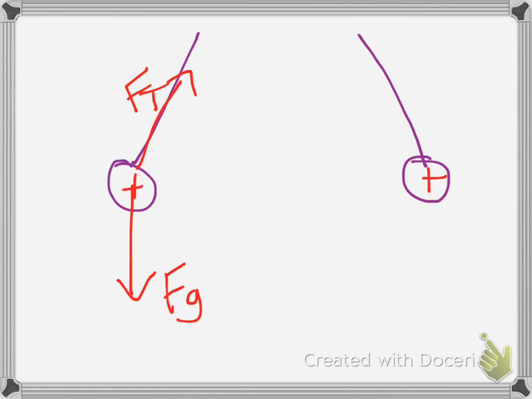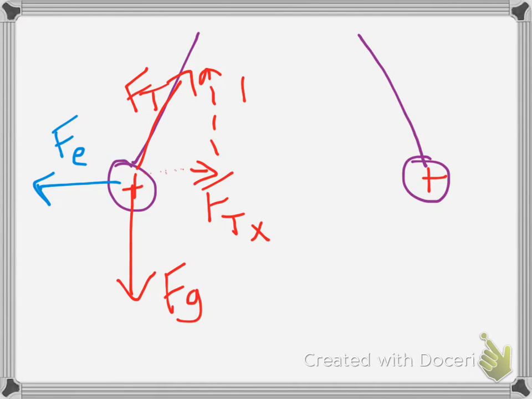I'm going to change up the color a little bit, that way we can accentuate what I'm talking about. And that is we have this new force called the electrostatic force, Fe. Now here's the deal though. We don't know how to calculate Fe just yet, but we know that these pith orbs are hanging out and they're just in equilibrium. We know that the tension force, being at an angle, could be written so that it has a part of the tension, Ftx, in the x direction, and a part of the tension in the y direction, Fty. And we know a couple things. Fty has got to be equal to Fg, and Ftx has got to be equal to Fe.